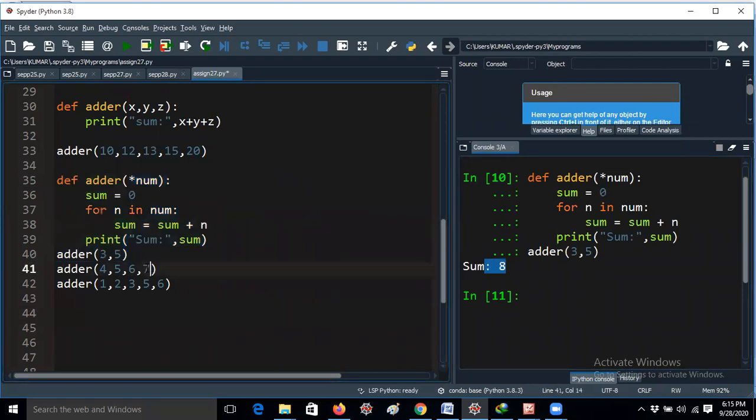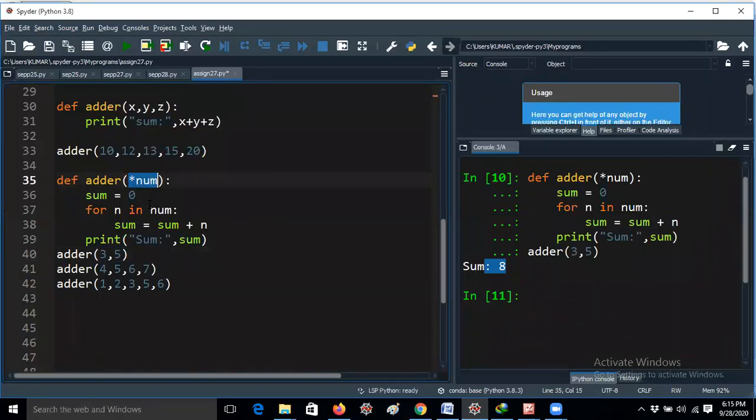But now I am passing 4 arguments here. But I am not changing the function body with respect to the arguments, because whenever I give the star parameter, it will take any number of arguments you want. But in C language and Java, if you specify 2 arguments, you must specify the 2 formal parameters.